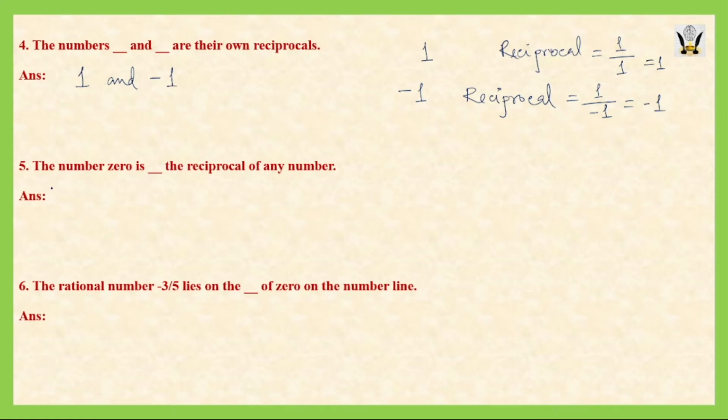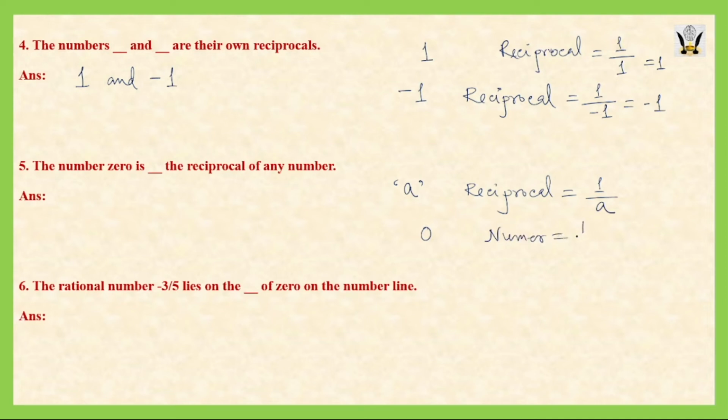Now the next question is, the number 0 is dash the reciprocal of any number. Suppose any rational number is a, then the reciprocal we represent as 1 by a. So the reciprocal of 1 by a will be a. Now here the question is, the number 0 is the reciprocal of which number? That means if 0 is the reciprocal of any number, then the original number will be